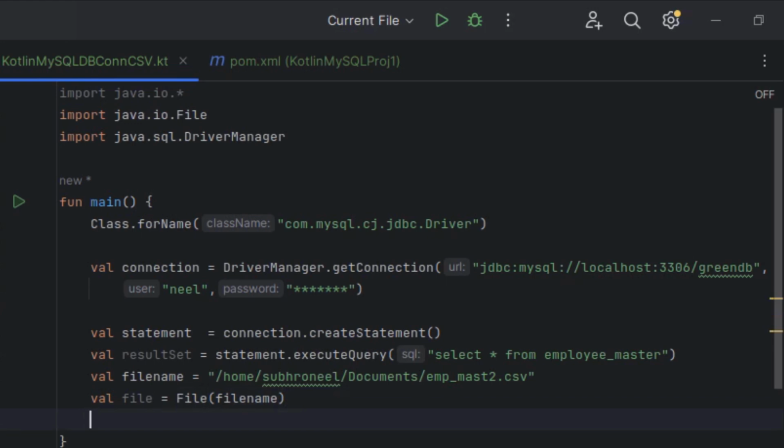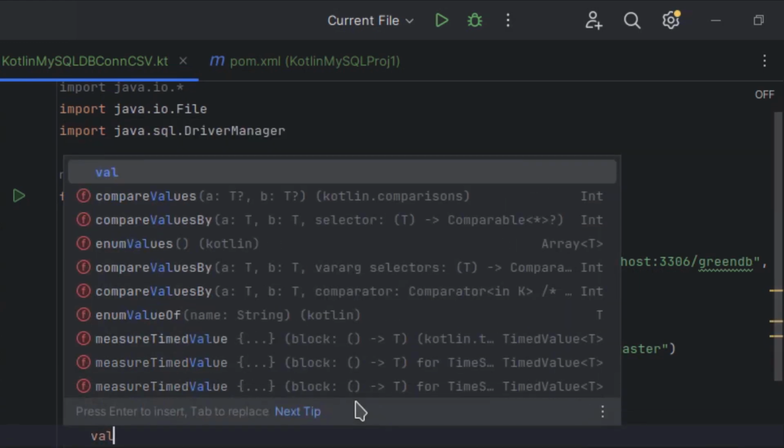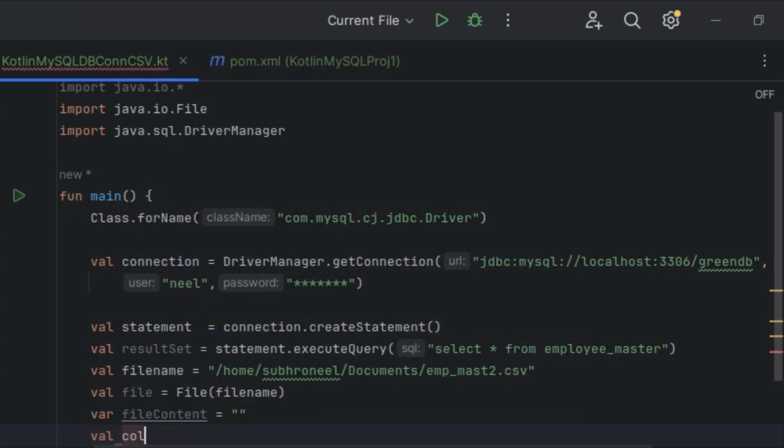Then I will create a variable called var file content. You have to use a var here, because all the val variables before are a kind of constant variable; they will not change later on, but file content will be modified later on in the program. So I have to put a var there. Whatever var variable you use in Kotlin is used so that it can be modified later on. Again, I will do a val column count equal to